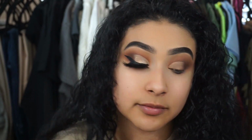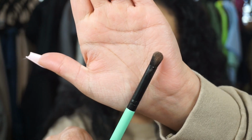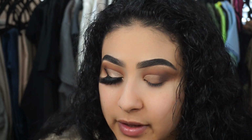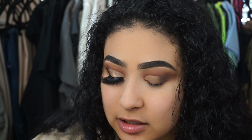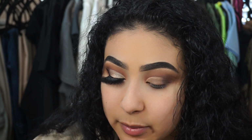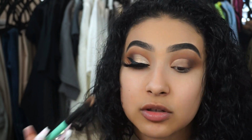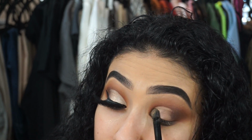Just like that. And then I'm taking this Morphe. It's like a flat shader brush. It's not a synthetic brush. And then I'm going to take one side and then I'm going to go into Unveiled. It kind of looks pink in the pan, but when I apply it, like here in the inner corner, it looks like a little bit more of that frosty color. So I'm going to take that and that's going to go